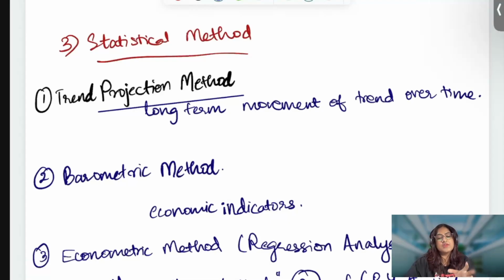Then the second technique of demand forecasting is the opinion poll method. It has four types: expert opinion method, Delphi method, survey of managerial plans, and market experiments. Final type of demand forecasting is the statistical method, that is trend projection, where you study the long-term movement of demand over time. Then you have the barometric method, where you analyze the economic indicators to forecast the demand. And the final one is the econometric or regression method, where you understand the cause and effect relationship between demand and